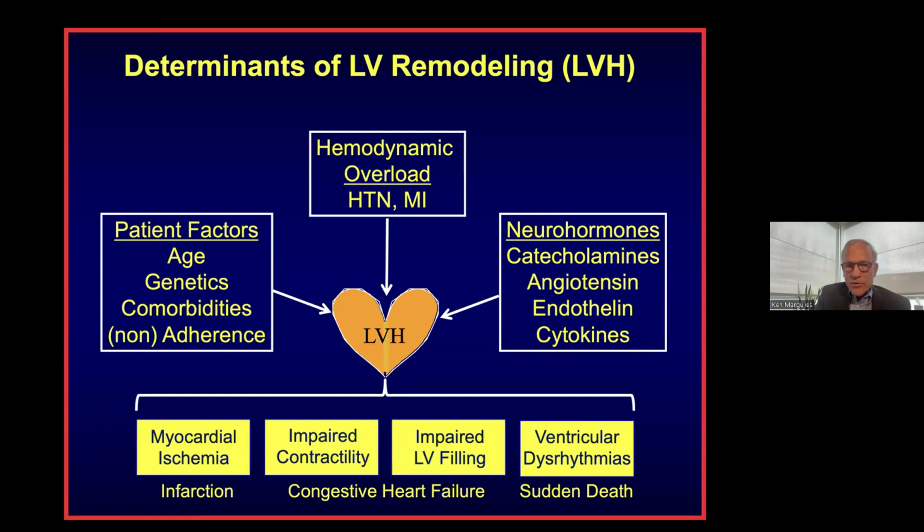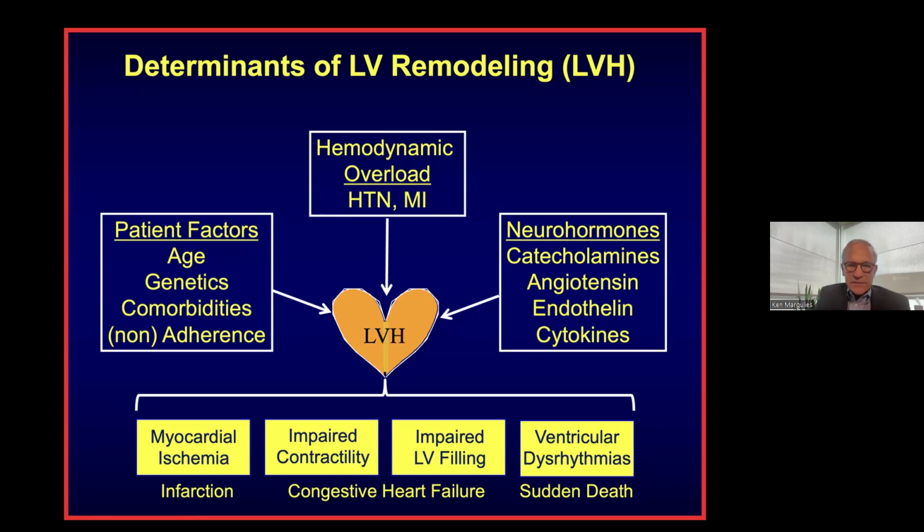Other things that I'll talk about quite a lot is biomechanical or hemodynamic overload, things like hypertension, MI, of course, even things like dyssynchrony result in a hemodynamic overload. We'll get back to that. And then another thing I'll spend a good deal of time talking about is neurohormonal factors, whether it's catecholamines, angiotensin, endothelin, inflammatory cytokines. All of these have been demonstrated to contribute to myocardial remodeling, either alone or in combination with